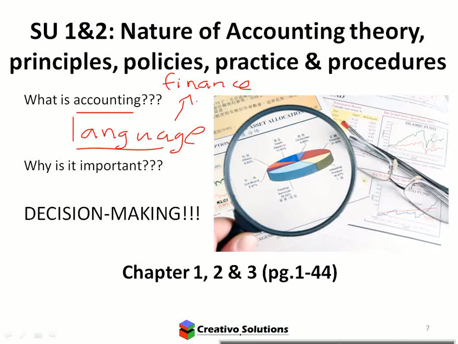Okay, so it's a skill. It's another skill that you guys are covering as part of your course so that you'd be able to deal with different situations in terms of the understanding. Okay, so do we understand what an asset is? Do we understand what a liability is? Do we understand what that language is saying so that we can make a decision? That's the important bit. Okay, the decision making. So the only reason why we need accounting is because somebody needs to make a decision. Right, so accountants provide information.